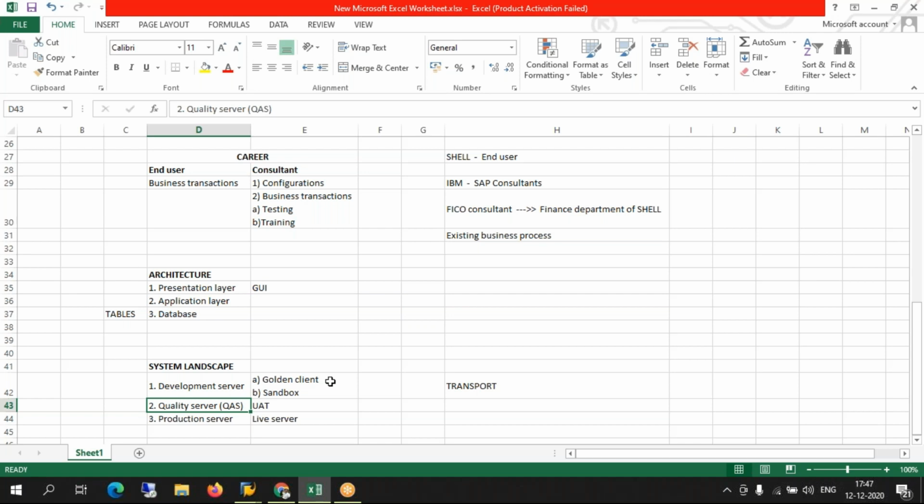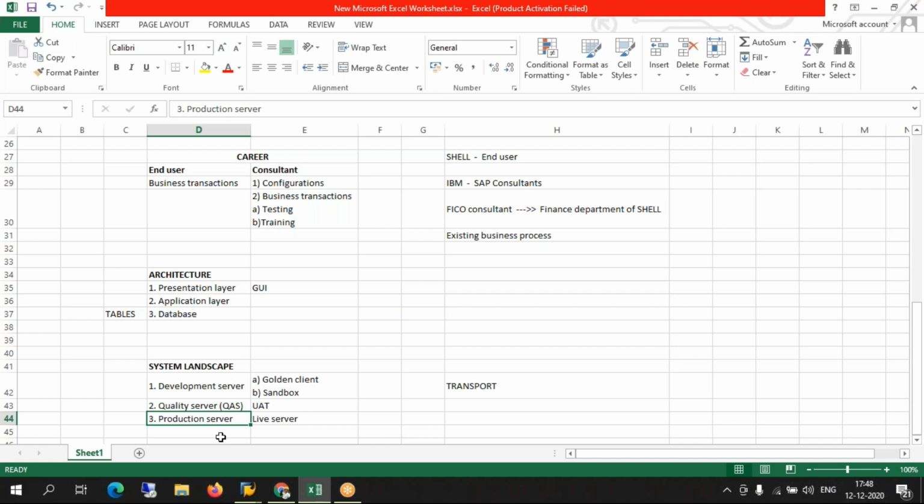Although I have seen some organizations which have just two servers, where these two will be merged as one, and the second server will be called the production server. Very rare case. Why do they do that? Because they want to save money. It's as simple as that. But really not at all an advisable practice.